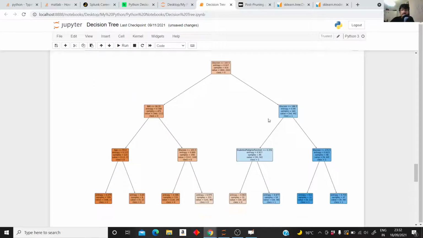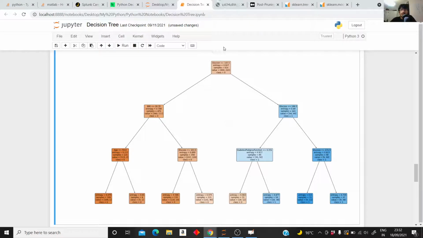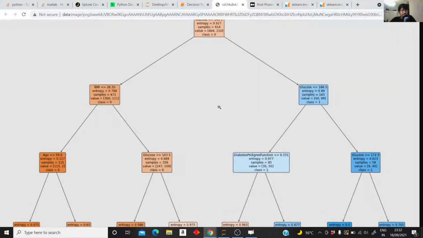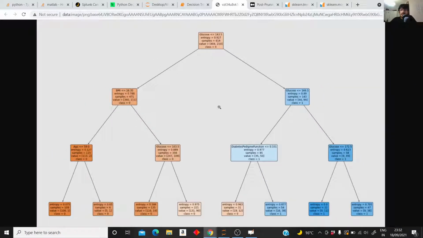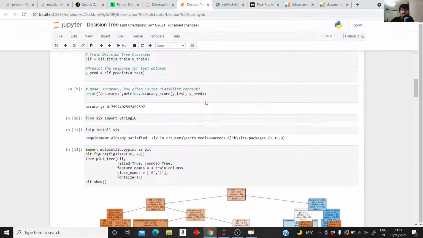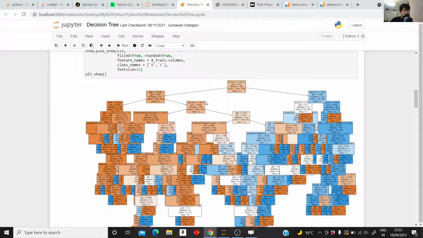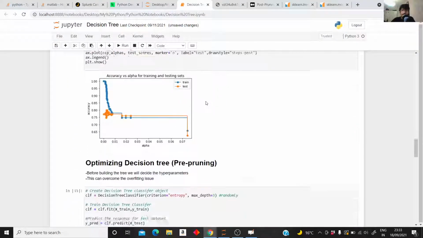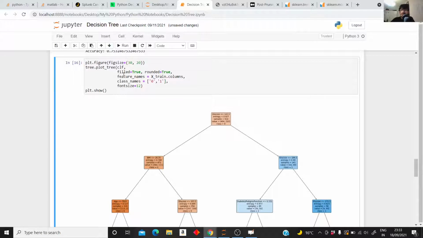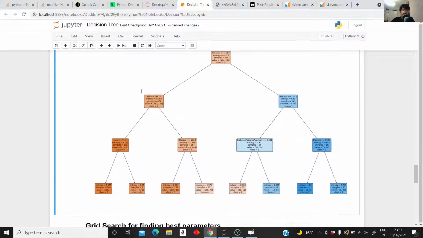And now you can see we have just 3 depths, 1, 2 and 3, and you can easily interpret this decision tree, correct? Let me open this image in a new tab so you can see clearly and visualize what is actually happening. In class 0 and class 1 we know whether there's diabetes or not. If you compare this to our previous tree, we can't visualize anything, we can't even conclude what is happening. But after optimizing with the pre-pruning method, we can. This is the code just to plot the tree that we did in our previous lecture as well.